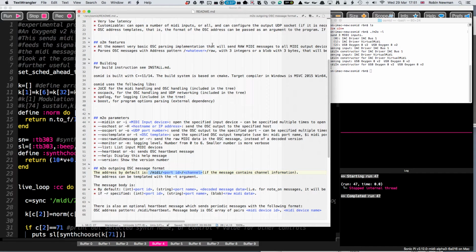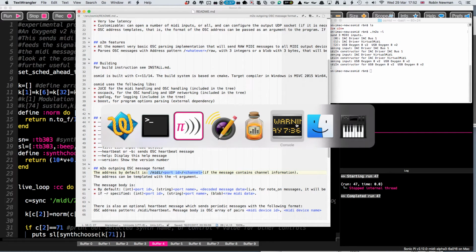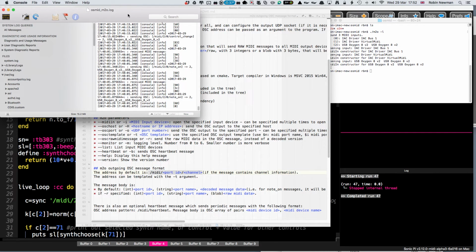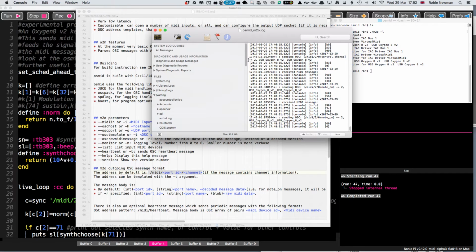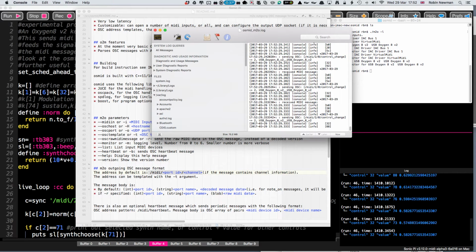The other thing which is very useful if you want to learn how to use this is to look at the logs in Sonic Pi, and I've also got the relevant logs open, which is the Osmid M2O log, and you can see here some of the messages which have been received from a previous run. It receives the message MIDI 2 0, and then a control change. That's one of the ones I get when I twiddle one of the knobs on the keyboard that we saw a bit earlier. If I just twiddle one here, you'll see some more information coming in at the bottom of the